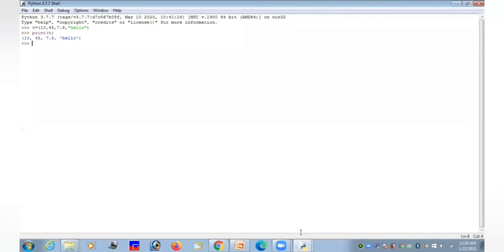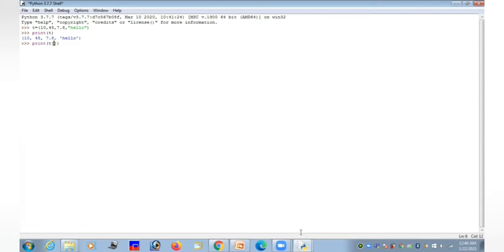So I'm going to show how to access a particular element in that tuple. I already created the tuple T. From the tuple, suppose I want to access the element 7.8. For that, I'm going to give the index value for that element. The index value should be mentioned within the square brackets.